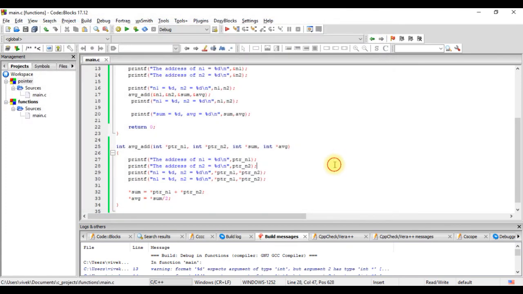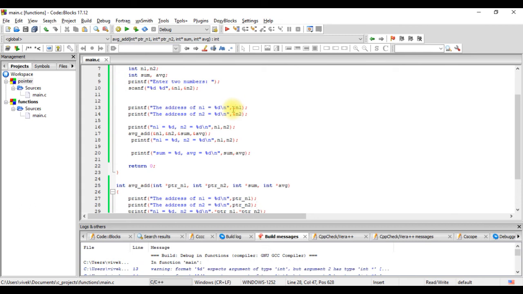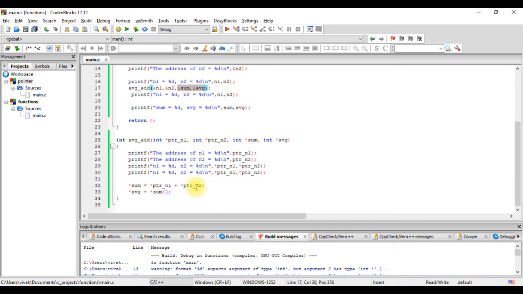So in just one function we have passed the address of all the variables that were required for us. We passed the address of the values that we wanted to work upon, and we also passed the address of the destinations. So in one function effectively we have returned two values, otherwise we would have required two functions, one to calculate the sum, one to calculate the average. Here, because we had passed the address, we are calculating and storing the values in that address. We don't have to create two functions.